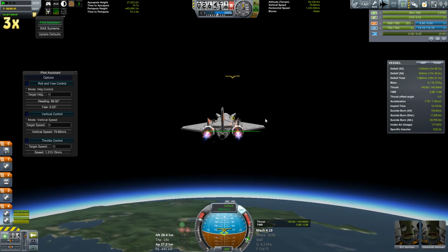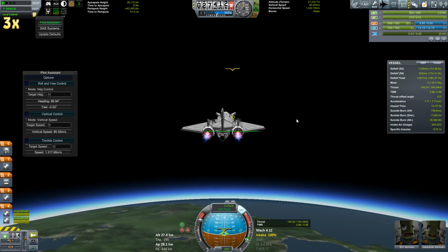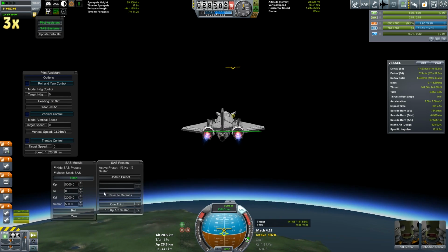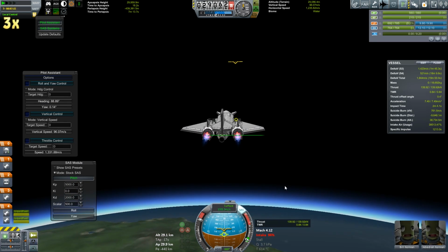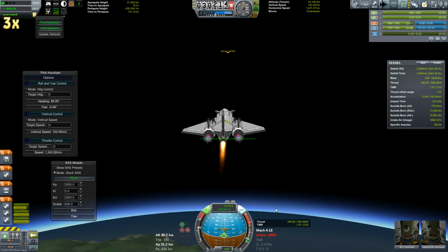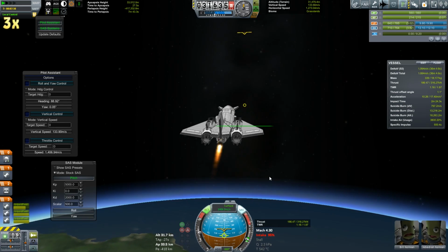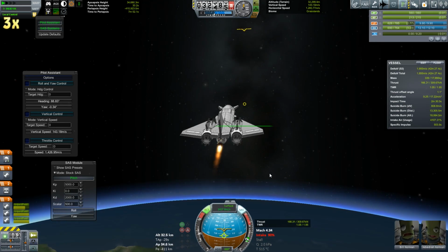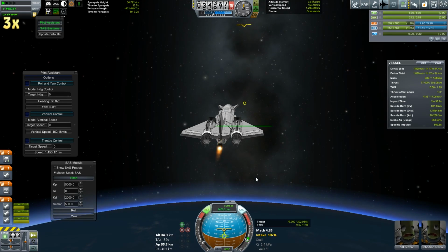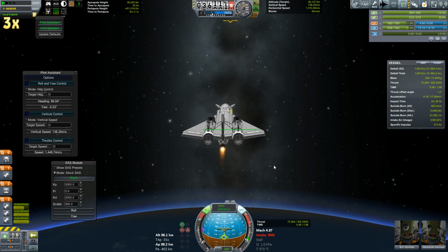We drop down to about 25 kilometers, and we want to get a little bit of vertical momentum going before we kick on the rocket engine. And you notice a little bit of wobbliness there, which caused us to have to turn on the RCS. But other than that, it's pretty much a fairly standard